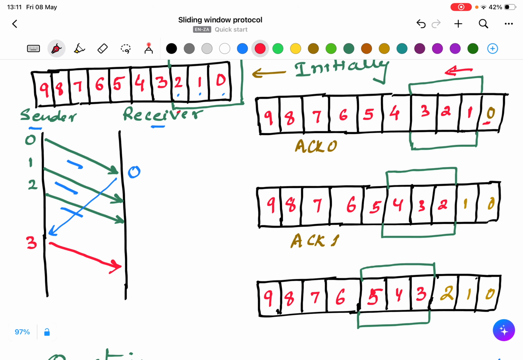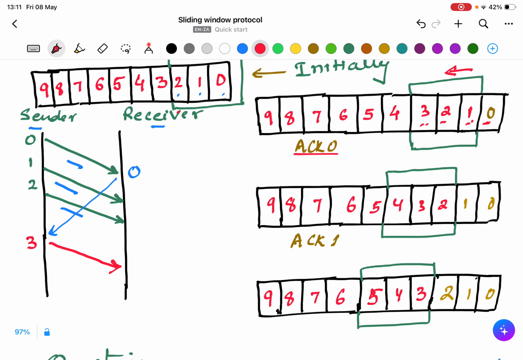The window will still be of size 3, including 3 frames, which are 1, 2 and 3. So it will move to the side. We have the acknowledgement of 0, so the window now starts from 1 and goes up to 3.